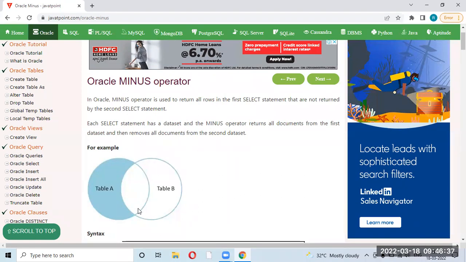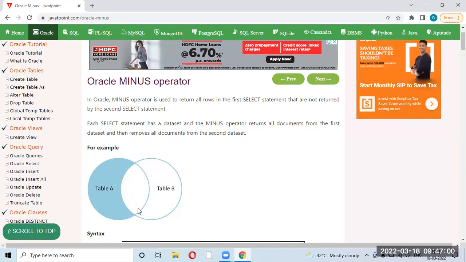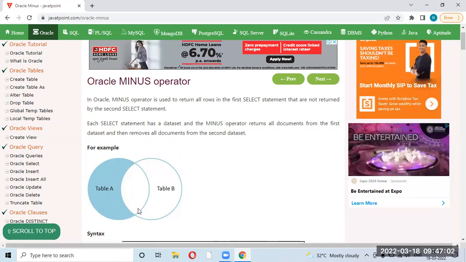You won't be getting duplicates. So what I understood is that for set operators, unless we specify union all, most of the time it will return the unique data. Not most of the time, every time. Apart from union all, which is an exception, every time you will be getting unique data only. Okay.